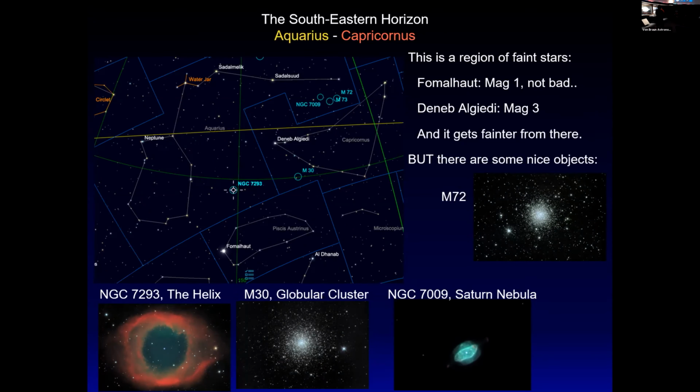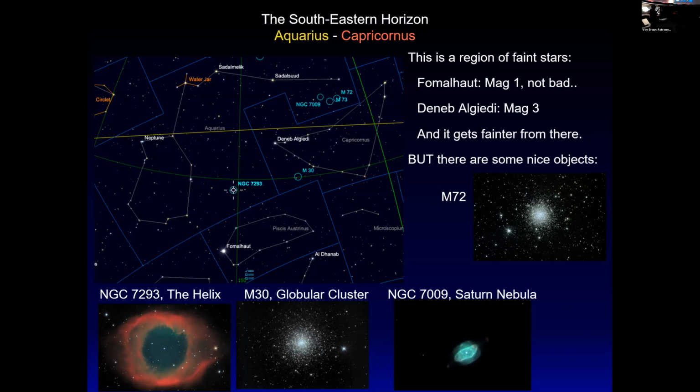The Helix Nebula you see in the lower left, that's the biggest planetary nebula in the sky. It's the closest to us. Hubble has produced a really famous image of that. Sometimes it's called the Eye of God Nebula. I think fanciful names, but it's called the Helix Nebula typically. And then there's a globular cluster. Now, globular clusters are like galaxies, except that it's like a ball of stars, but they kind of look like galaxies. And then NGC 7009, the Saturn Nebula, that's a really neat object because it's really an intense